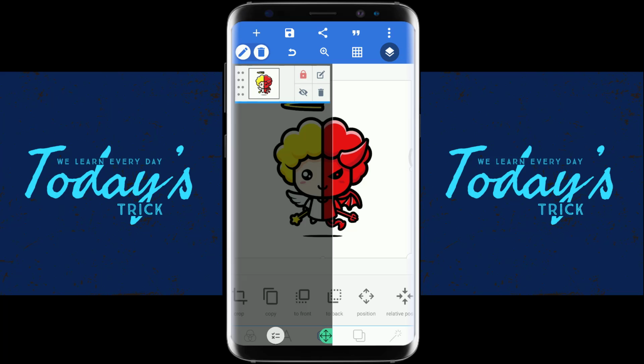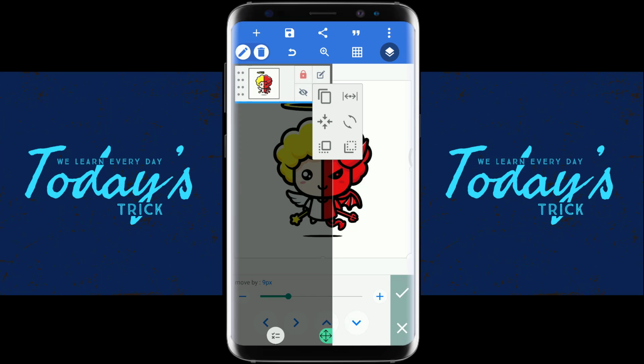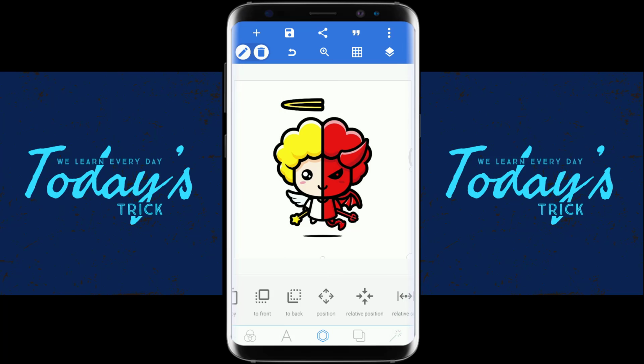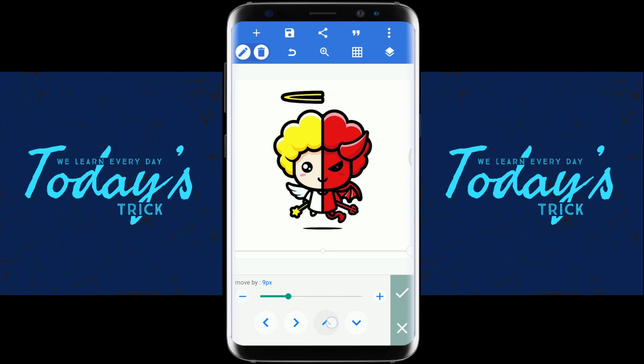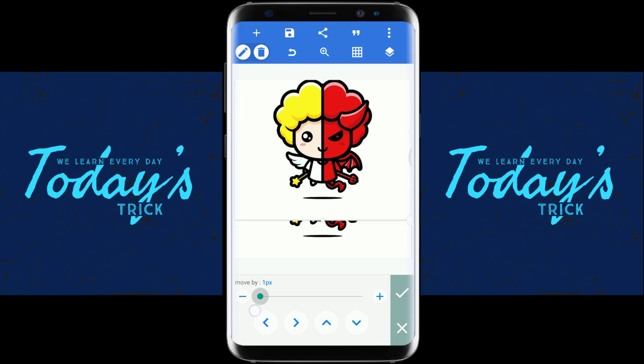Here, all the options are doubled. For example, you can see the text option and everything. Now you can see those options here too, at the bottom. Position, like if you want to move it, let me show you. I'll create another duplicate. I select that one, not this one, this duplicate. Position, you can see I can change the position of the duplicate image. If you want to move it a little, just reduce the pixels. It's easy to set the pictures.